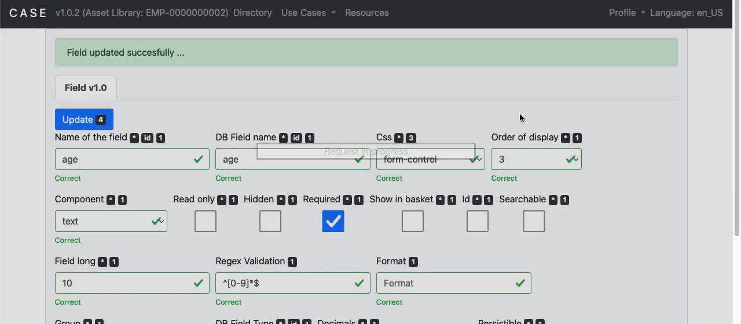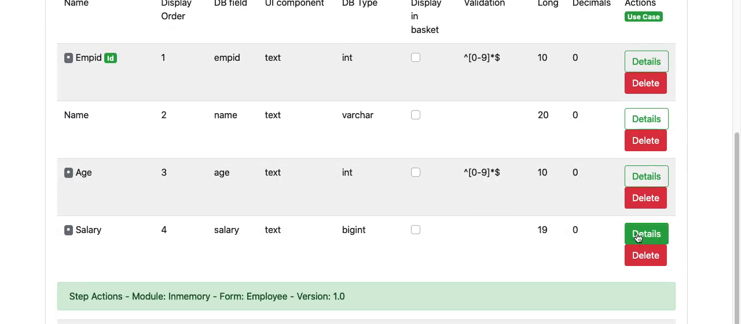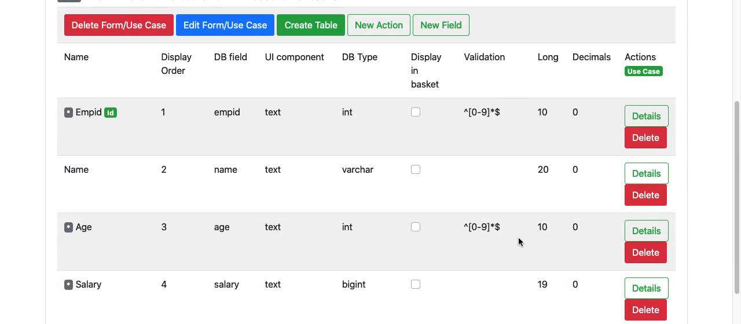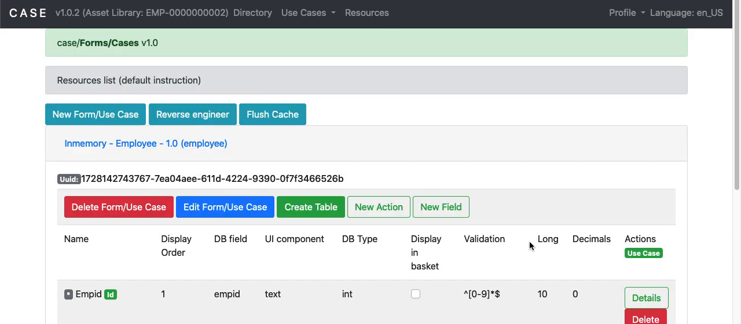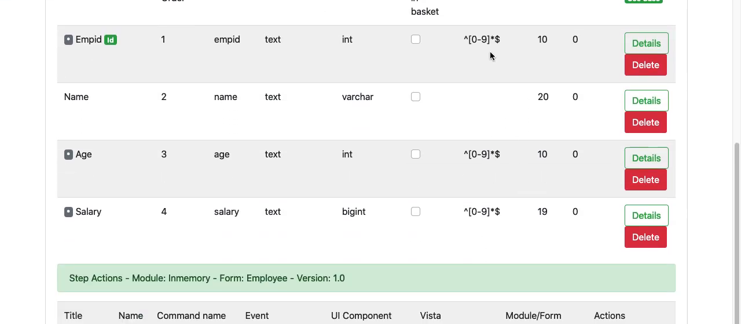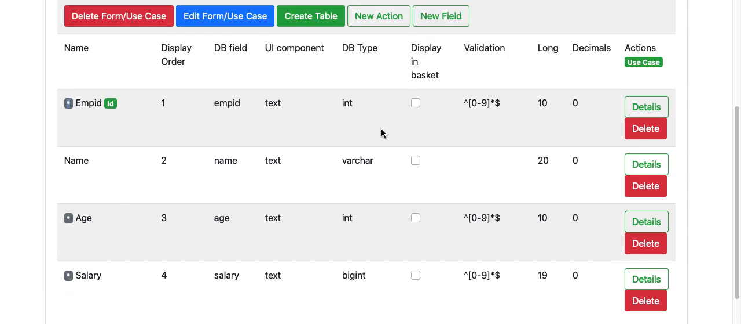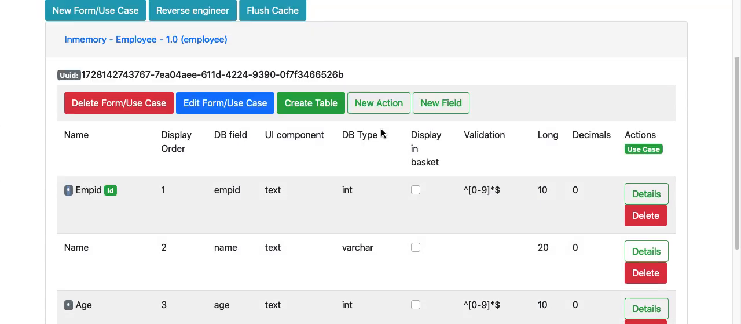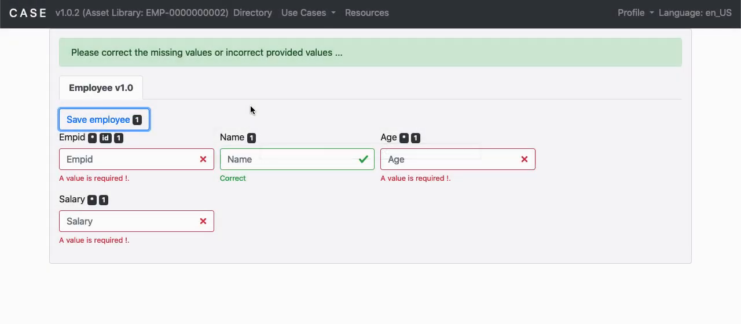In this case, integer type on the database table. So as we can see, here is the validation. So we're only missing salary. And there we go. So if we see here, the validations have been set up, the required attribute has been set up, the ID over the field has been set up. So we're all set,